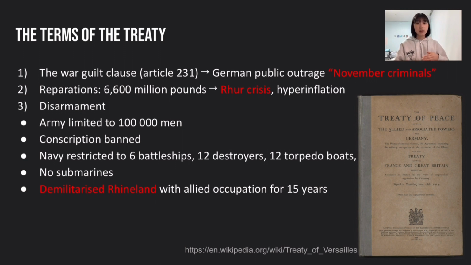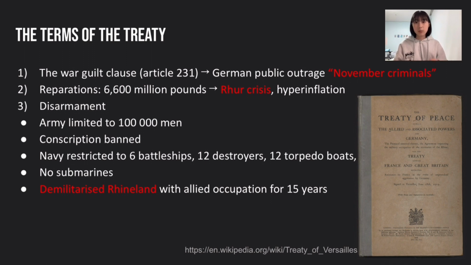It was decided on £6,600 million, which was a very harsh and very big figure at the time. And just to give you a bit of foreshadowing of how this big figure affected the events to follow, this figure would lead to the Ruhr crisis, where French and Belgian troops would invade the Ruhr, which is a very important industrial area of Germany at the time. And this was in response to a German failure to meet the date on which the reparations installment had to be paid. So the Ruhr, because it was a very big and very important industrial area, this